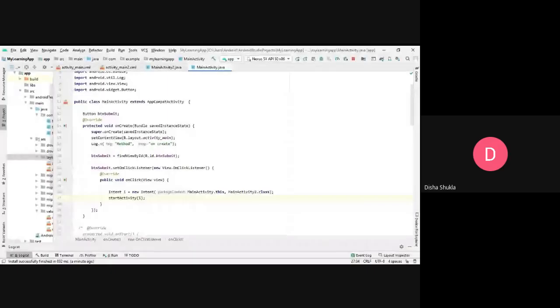And there are two types of intent that you need to be clear about. The two intents are called the implicit intent and the explicit intent. Now, what do you mean by an implicit intent and an explicit intent? Say, for example, right now we have mentioned that we want to go from one activity, that is MainActivity, to MainActivity2. So here you are mentioning both the things, that is from where you want to go and where. So that is called an explicit intent.